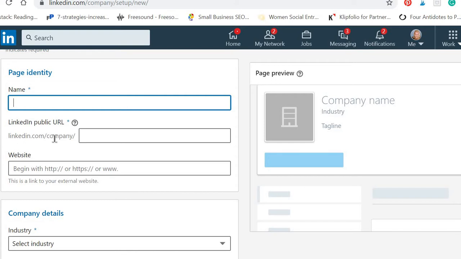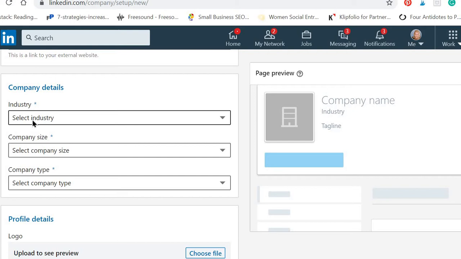And then my LinkedIn company link is Your Biz Mentor here, and you would like to have the name of your company here. So see, LinkedIn gives you an option to even brand your LinkedIn URL, the public URL for your company. And then you will type in your website link here,